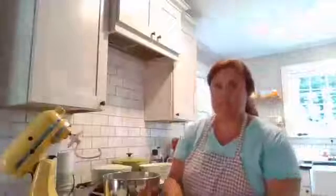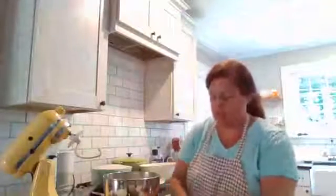A little bit of flour on my hands and on the counter so it doesn't make a total mess, and just pull it right off of that hook. And get as much off of the hook as we can. Scraping up off the bottom of your bowl so that you get it all, and just plopping it down on your counter. A little bit more flour on your hands, and I'm sorry I can't touch the screen, but all I'm doing is just